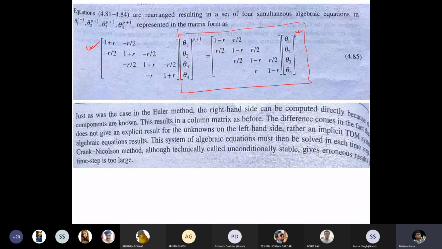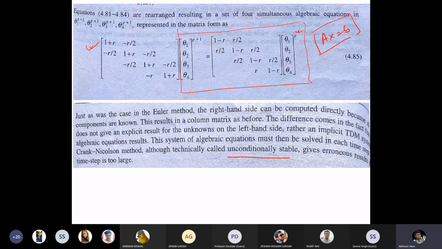Now this is a set of algebraic equations. So now you need to take the route of Gauss elimination or Thomas algorithm or any other method. In the Euler method the advantage is that you do not need to solve a set of algebraic equations, you just do matrix multiplication and you will get the answer. But in Crank-Nicolson you need to solve a set of linear algebraic equations in the form of Ax equal to b. But here the advantage is that this is sometimes called unconditionally stable, because you have here